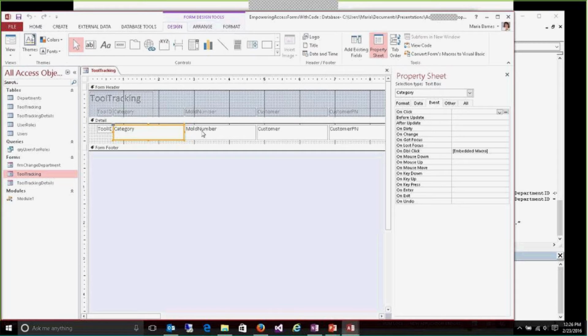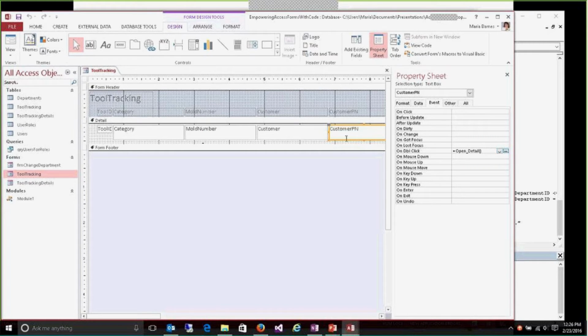And then what I did for the other option, which is the code option, is I actually set that for the double-click event for each of the fields here. And the way I did that for the